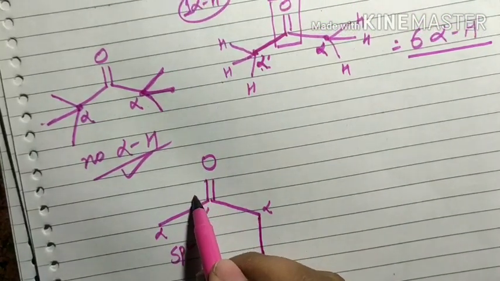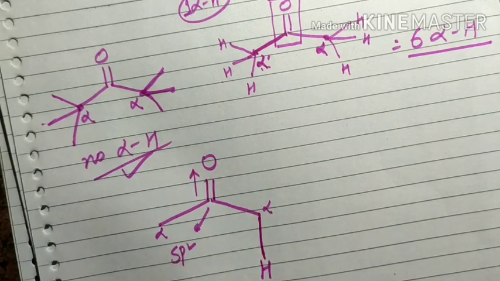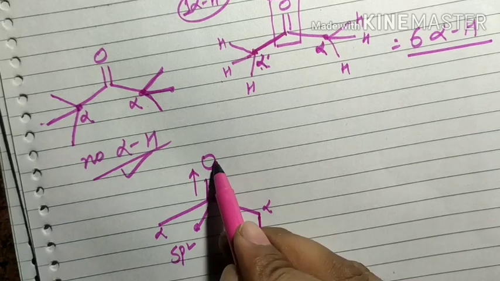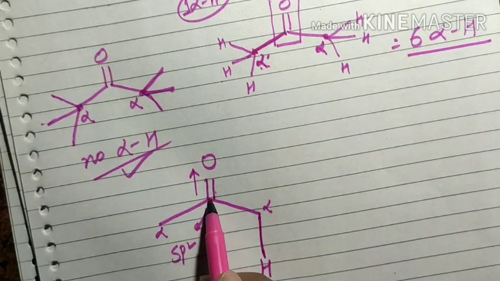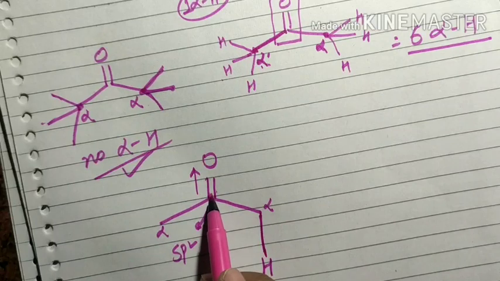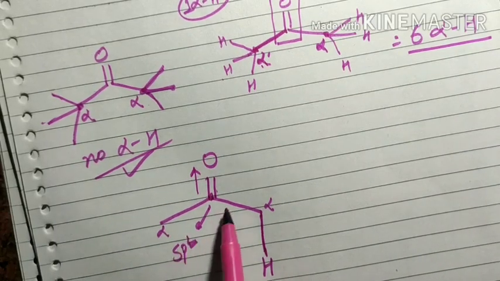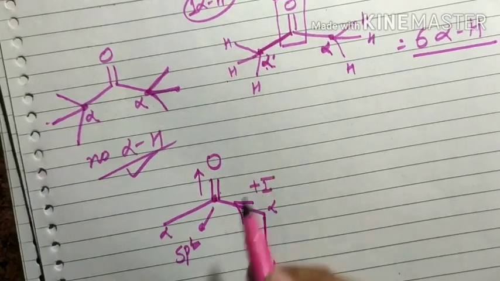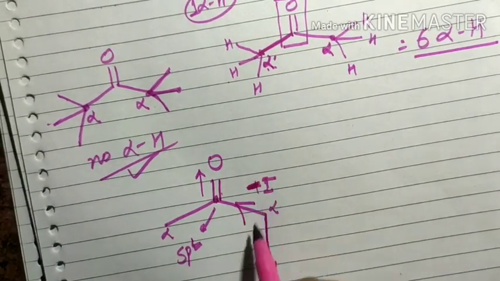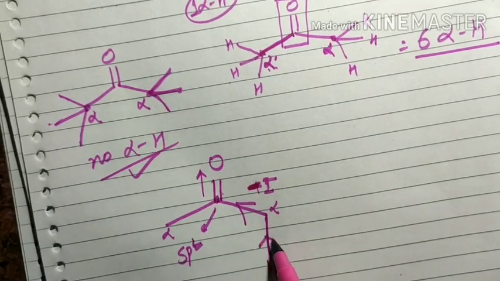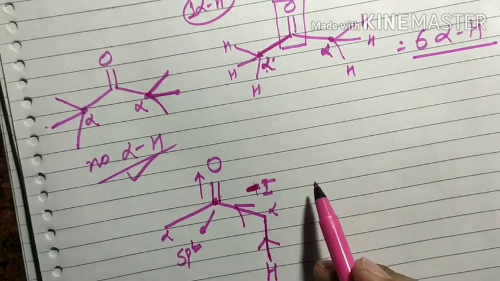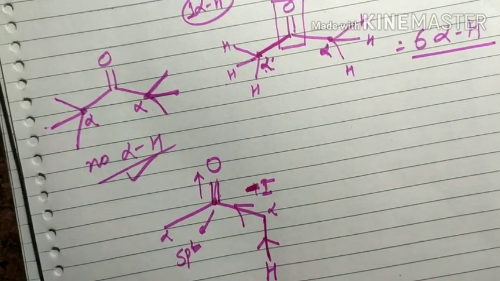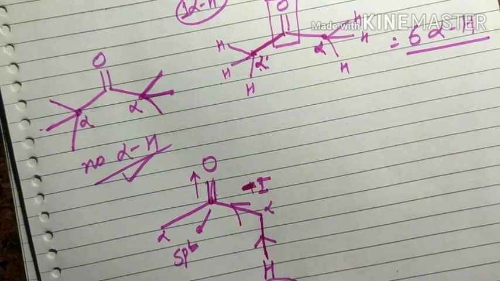This oxygen is electronegative, so the bond is polarized towards oxygen, because oxygen is more electronegative and the bond's electron pair is attracted towards it. This carbon is sp2 hybridized, so its electronegativity is comparatively high compared to sp3, and it also attracts the bond pair of electrons towards itself due to the minus I effect. Further, it is attracted towards this, because the inductive effect works up to 3 bonds, 1, 2, 3. So this hydrogen gets a partial positive charge.